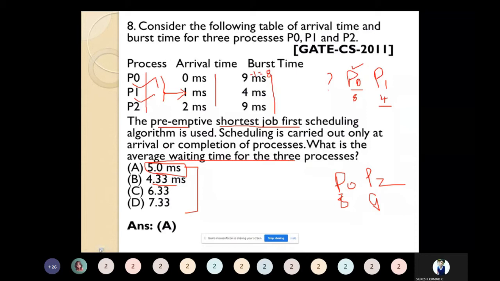So here, shortest job first scheduling is given. In many GATE questions they mention shortest job first, and some students implement it in the preemptive version. If preemptive is mentioned, then we have to solve it in preemptive. Otherwise, by default we must do it in the non-preemptive version. Non-preemptive is very simple, there is no choice.